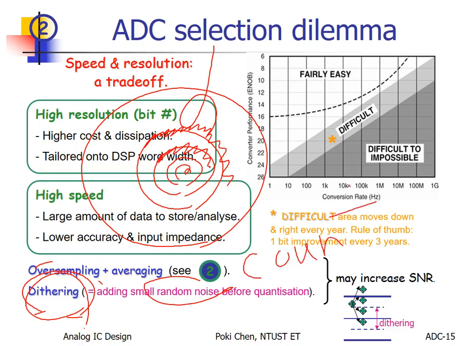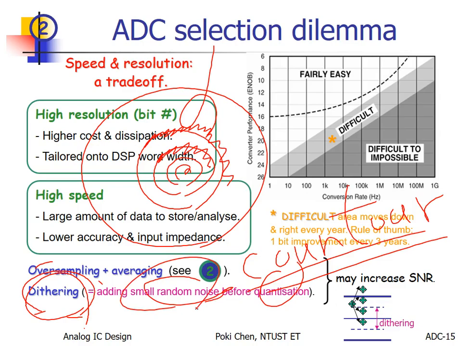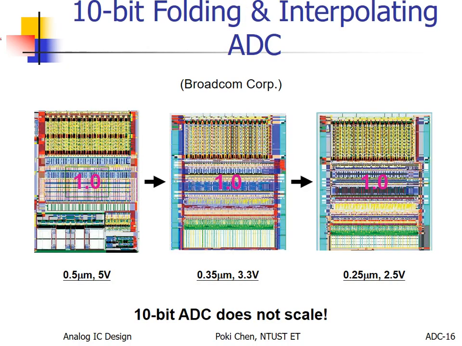Contour. Hopefully my spelling is correct. You can Google online what the contour effect is and how to handle it. So dithering is not only good for imaging, but also very good for ADC. Before quantization, we add a small but random signal. Wow, it can help you improve your ENOB. Noise can help. Without the noise, you cannot make it. So don't hate noise, sometimes it's good.